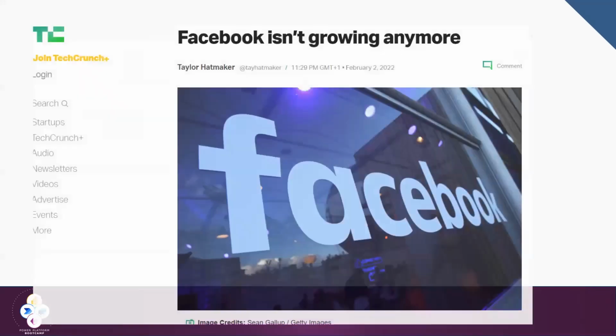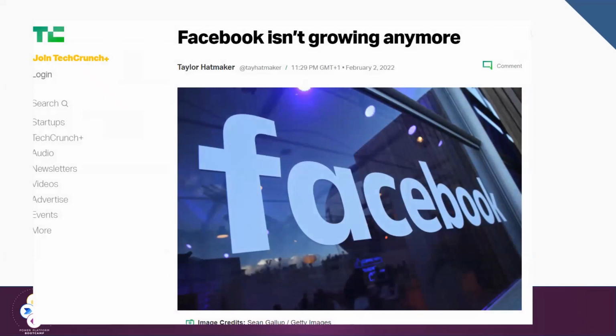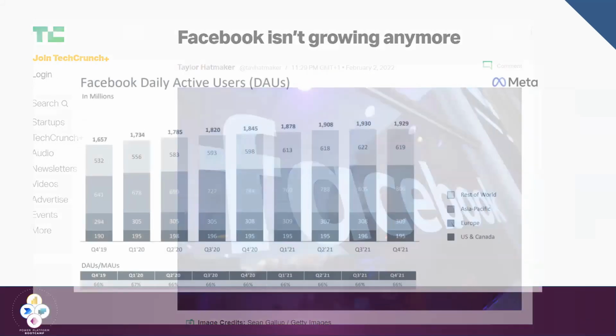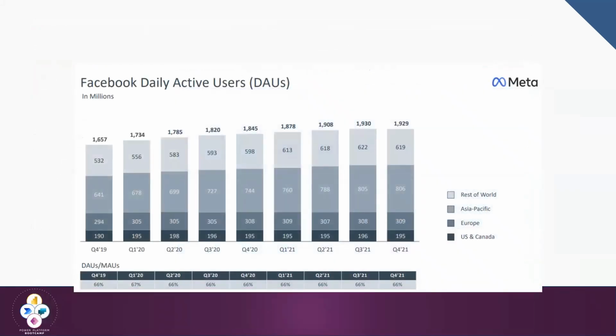And this is the key word here: products. So let's have a look at Facebook. At the very beginning of the year, we had big news from Facebook. It's not that the metaverse is going to die, but the big news was that for the first time in their history, they started to have fewer daily active users. The growth was negative. They lost some daily active users.